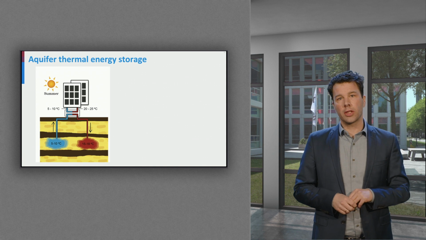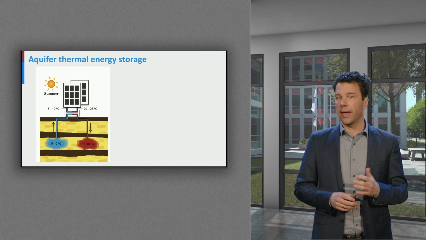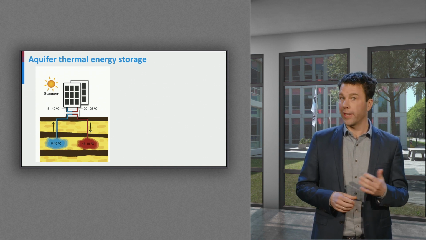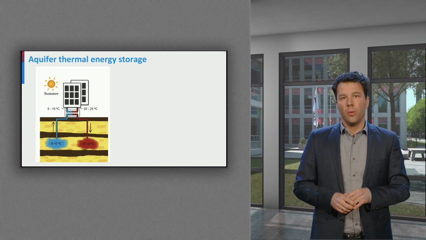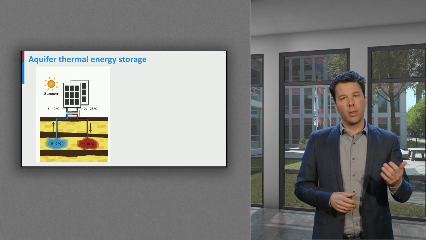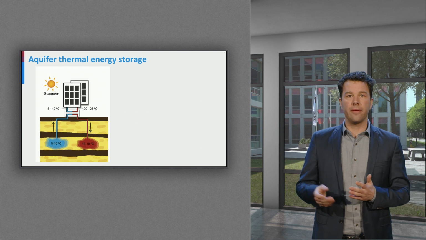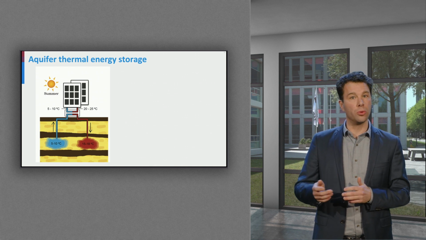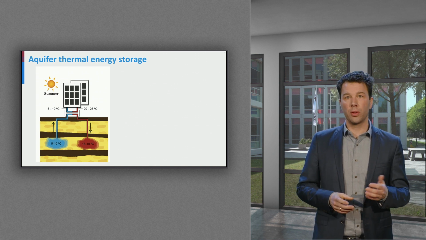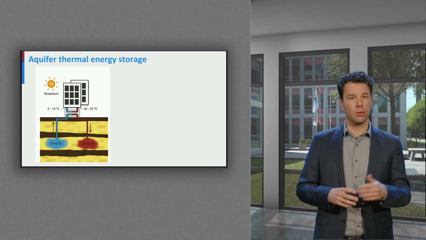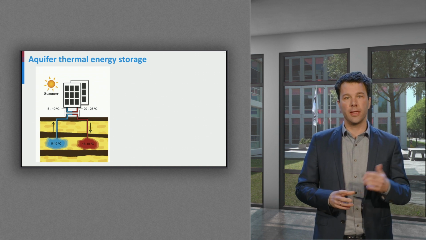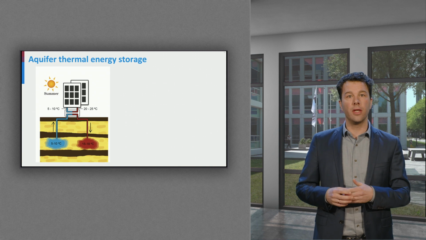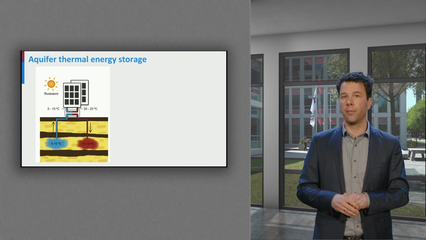Now let's look at the last sensible heat storage of this video, Aquifer Thermal Energy Storage, or ATES. With typical ATES operations, during warm months, groundwater of a temperature of about 5 to 10 degrees Celsius is extracted from the cold well and pumped to the surface, where it will be directly used to cool the building. During this process, the water increases in temperature to about 15 to 18 degrees and it's simultaneously injected back into the aquifer into the warm well.